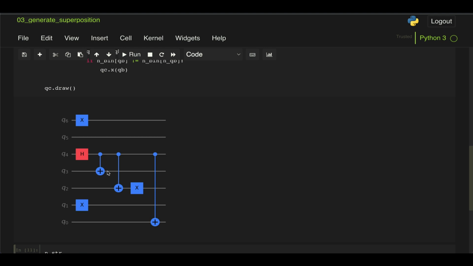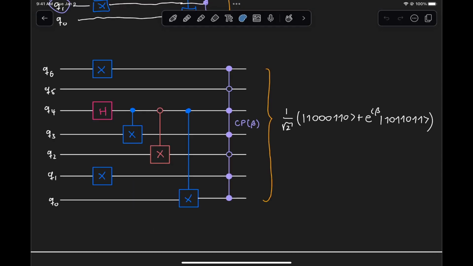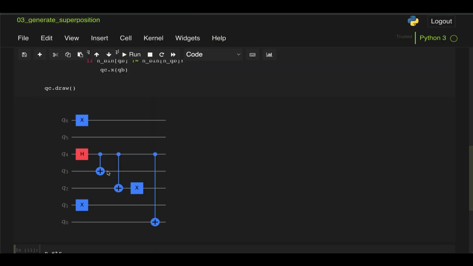Now, previously we had this CX gate that gets activated when this qubit is 0, but we have replaced that by a regular CX gate followed by an X gate. It generates the same type of state, and then that gets followed by a CX gate between qubit 4 and qubit 0. So we can see here that our code has generated the same circuit we had generated before,